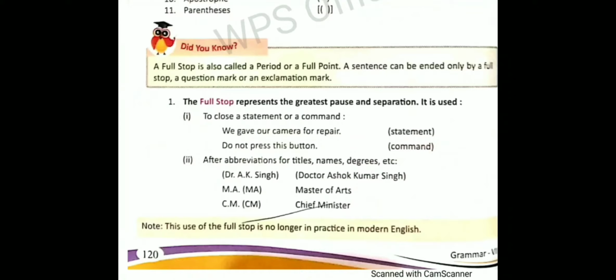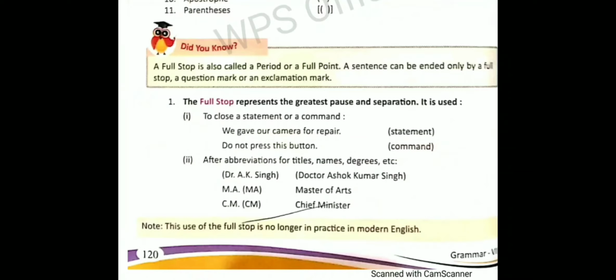All right, so we'll move to the first one, that is the full stop. What does it represent? It represents the greatest pause and separation in a sentence.